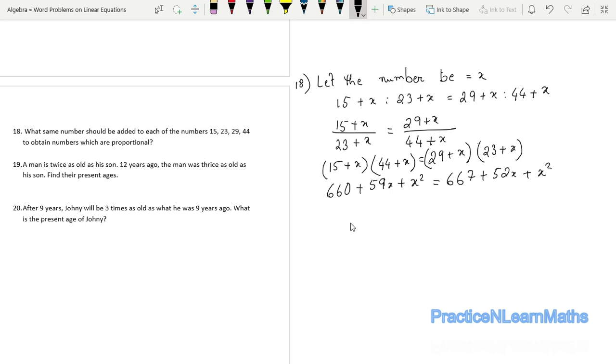If we subtract x square from both sides, we are getting 660 plus 59x is equal to 667 plus 52x. If we subtract 52x from both sides,